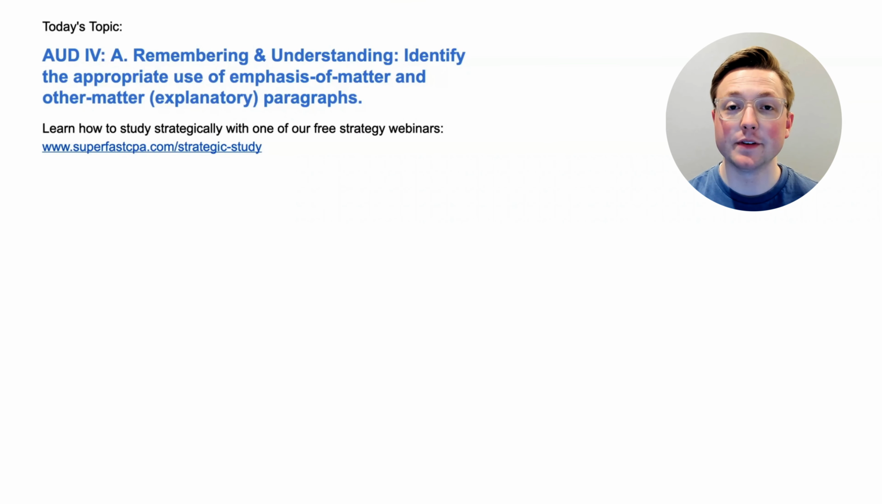I'm Logan, and in today's video, we're going to be going over Audit Area 4. This is still in Section A. This is a remembering and understanding topic. Identify the appropriate use of emphasis of matter and other matter or explanatory paragraphs. And we're going to be doing that the SuperfastCPA way, which is diving straight into the questions to learn the